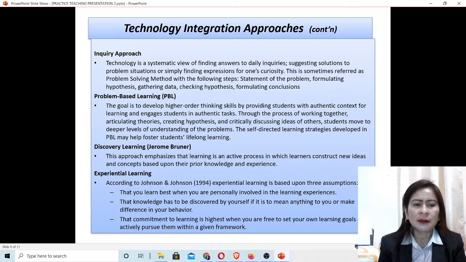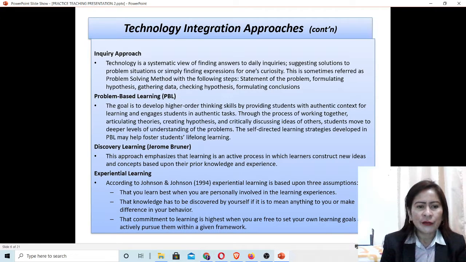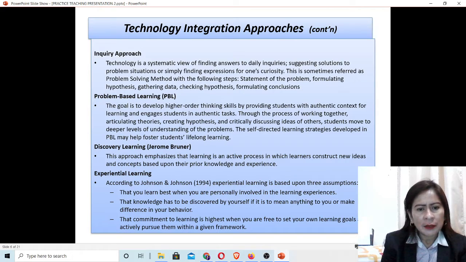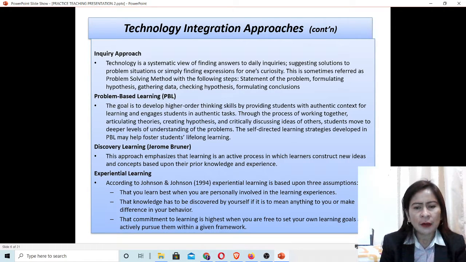Experiential learning. According to Johnson 1994, experiential learning is based upon three assumptions. First, you learn best when you are personally involved in the learning experience. Second, knowledge has to be discovered by yourself if it is to mean anything to you or make a difference in your behavior.